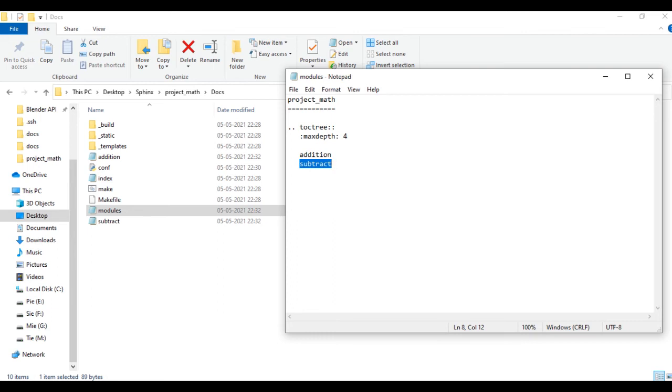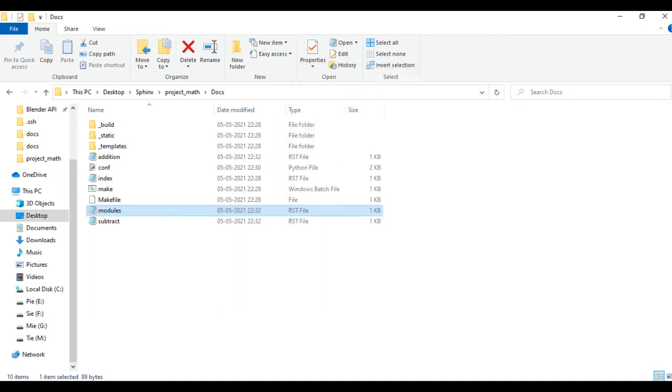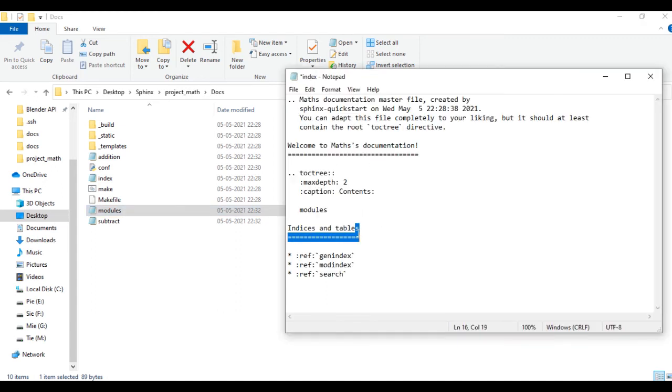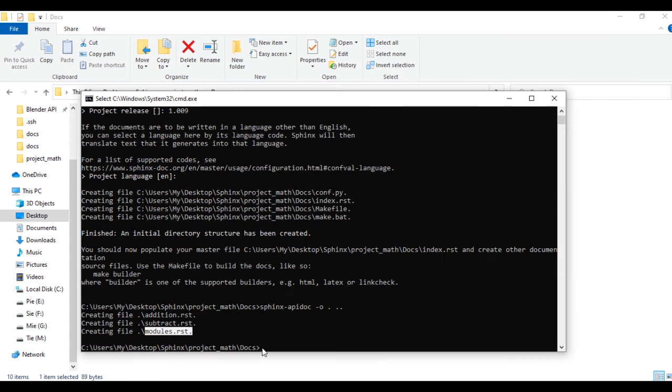These RSTs are markup formats. I will explain later how to add our own introduction, our own information, into the HTML file. Okay, so we are done with index.rst modification.